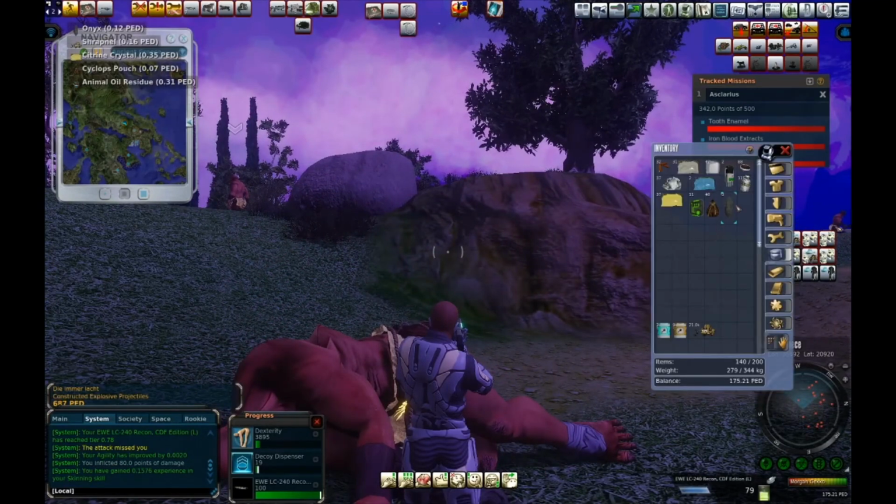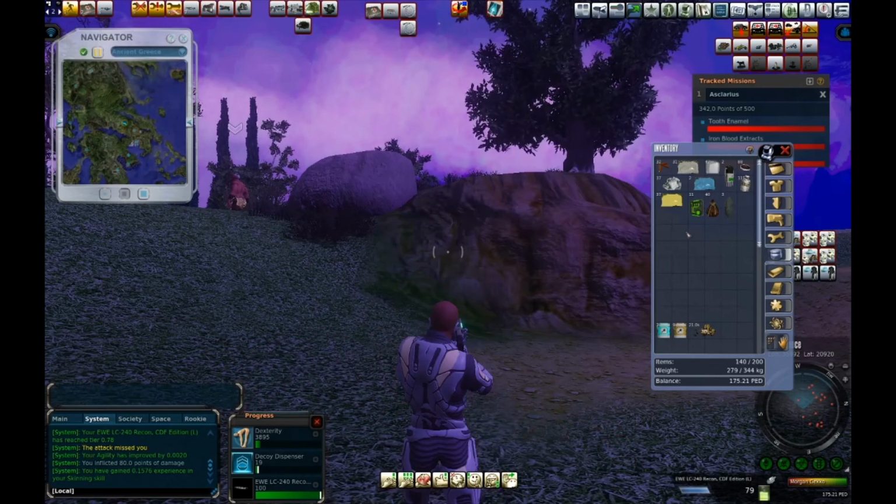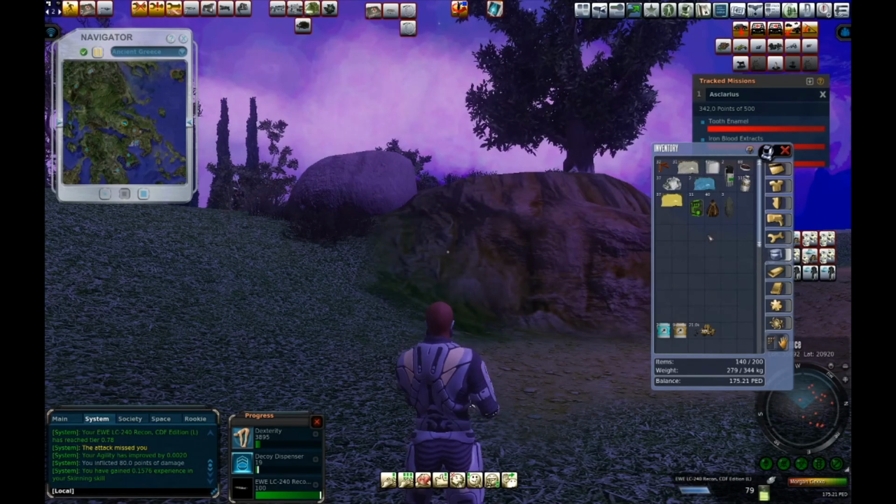That's the kind of stuff that it gives you. I mean, this isn't all off of that one kill. Evidently, it's some stuff from my last hunt that I didn't cash in. They're not much for paint, which I kind of like paint, but